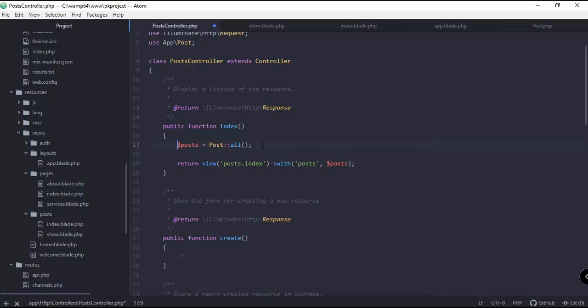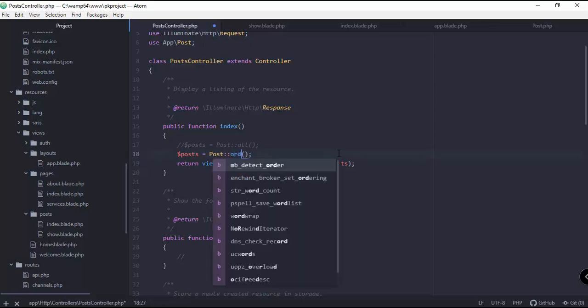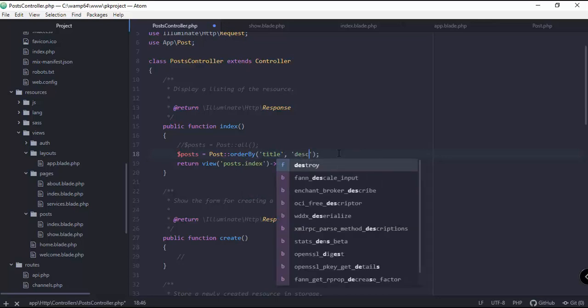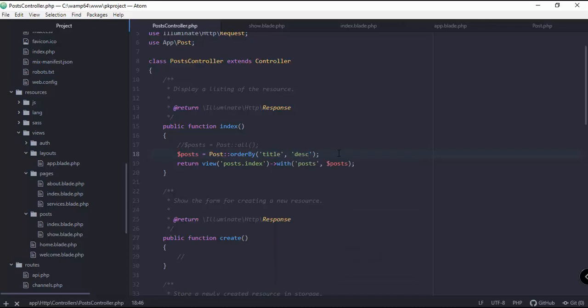Say for example, let's just comment this one out and try to copy that. So Post, we can say here orderBy, and then the attribute that you want your records to be sorted by. So title, say for example in this case, title, and we can say descending or DESC,